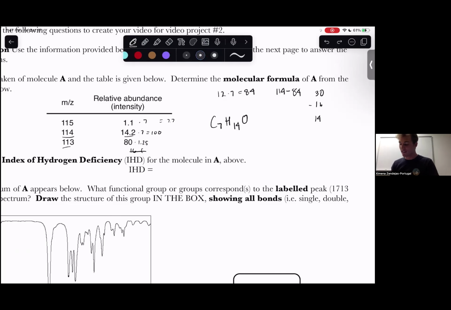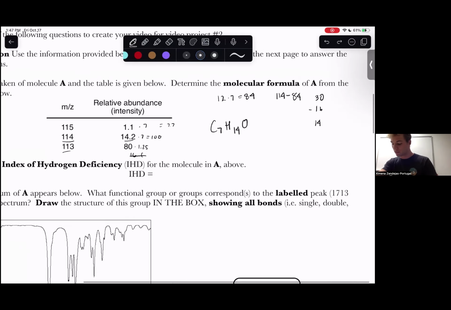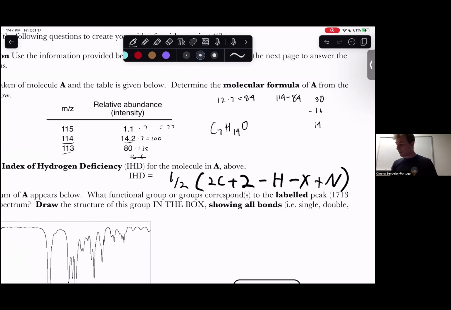Hi, my name's Robert, and I'm going to walk us through the index of hydrogen deficiency. So to solve this, we're going to use this formula. Here the X is going to represent the halogens. So we don't have any of those, so we cross that out. Same with nitrogen, we don't have any of those. So now we're left with